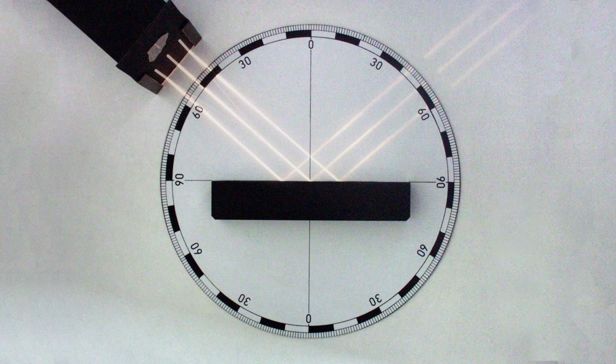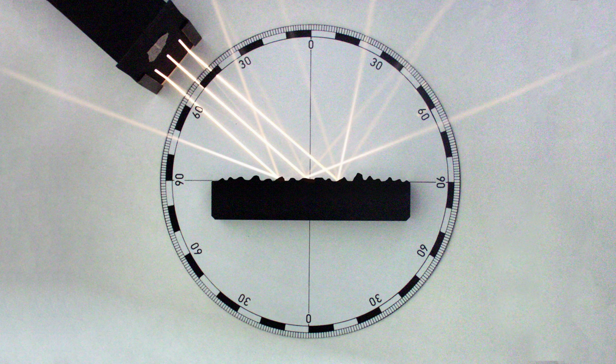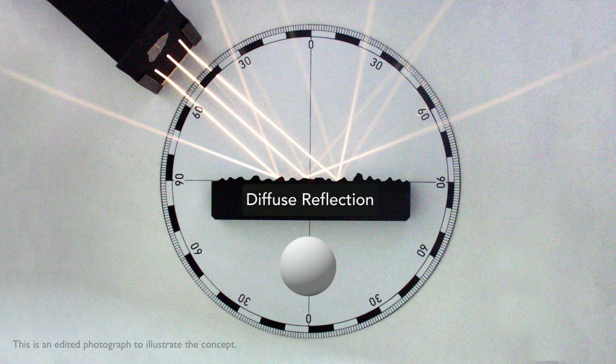For example, skin looks something like this microscopically. It's irregular. And when we shine the laser on this irregular surface, we're getting a different type of reflection. This is much more common, and it's called diffuse reflection. Whenever you think about the light having an effect on the form, the actual shading, that is diffuse reflection. Here's an example.